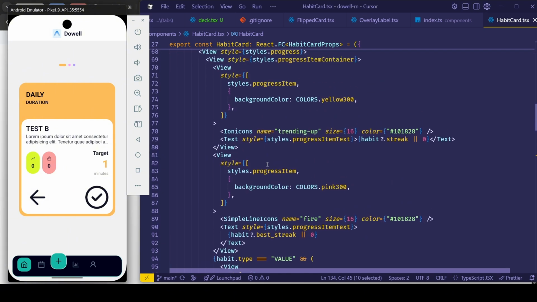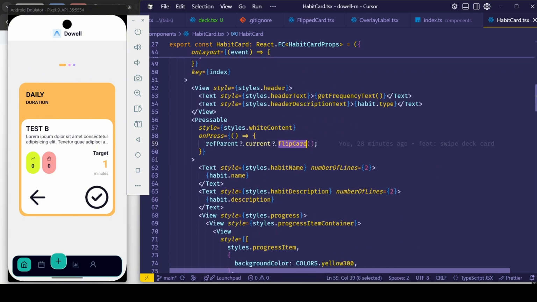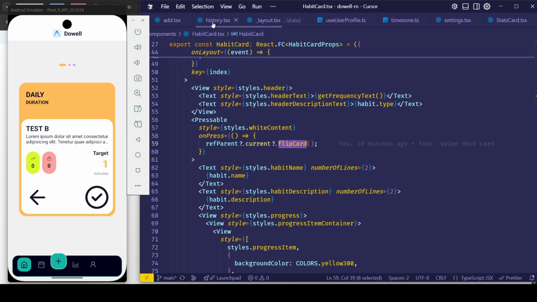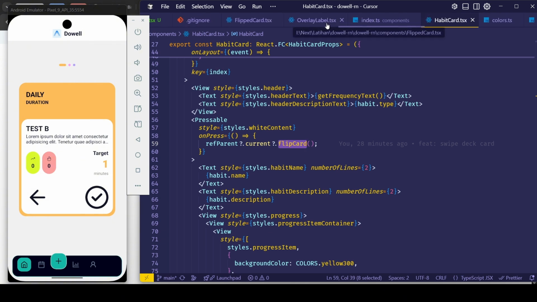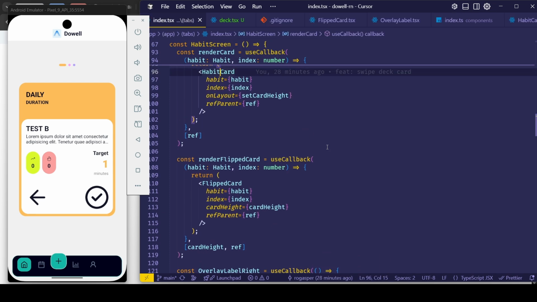And for flipping the card, I just make the white container pressable and then call the flip card function. So basically like that, my adjustment for the swipe deck card is inspired by Tinder or Bumble.